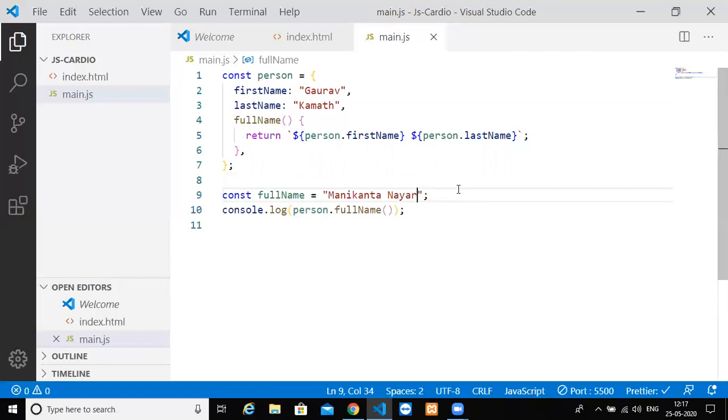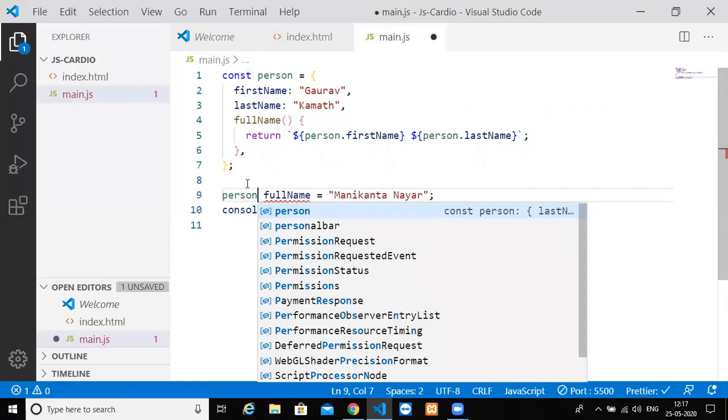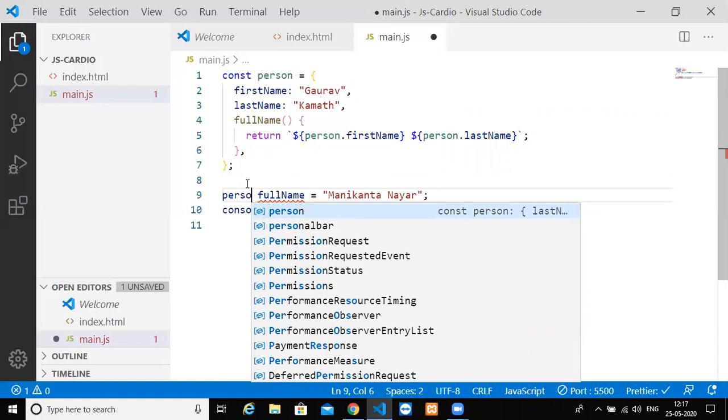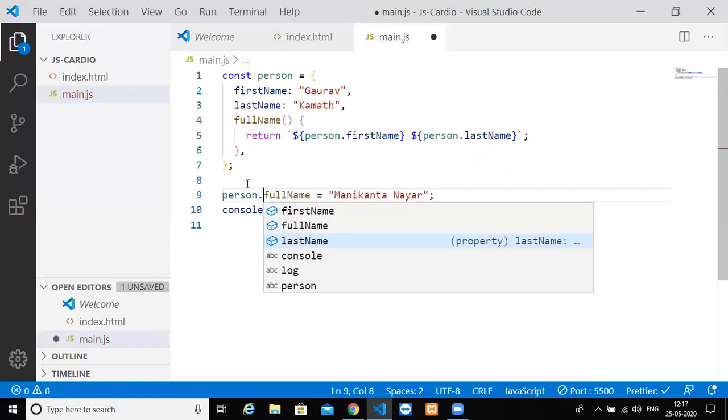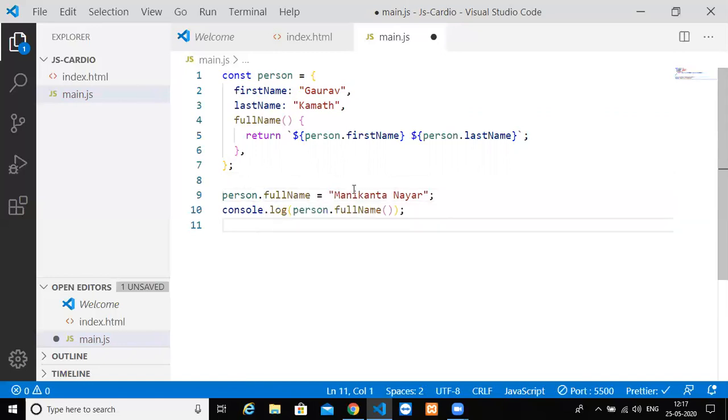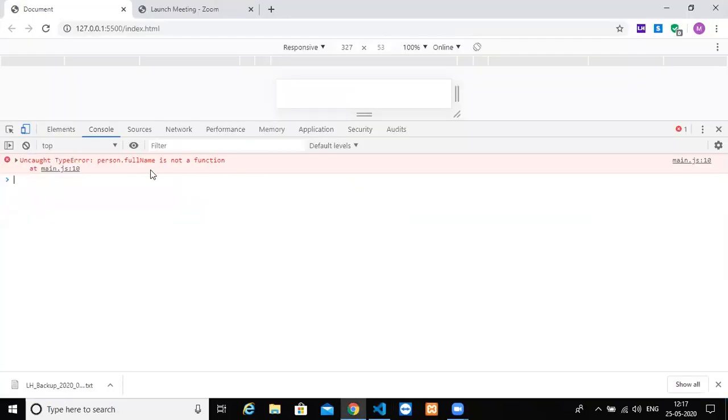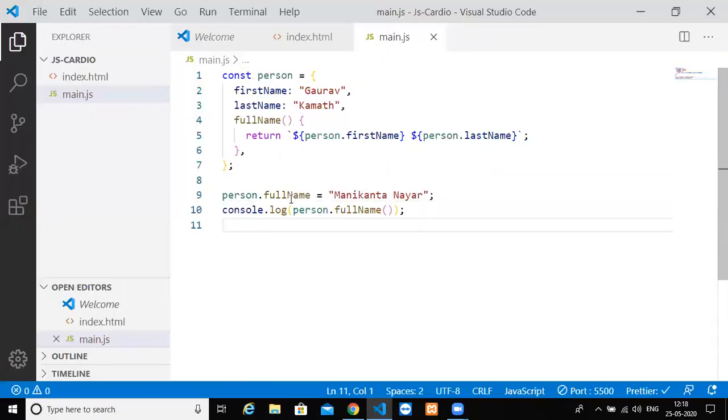If I try person dot full name is equal to Manikanta Nair, I cannot do it, because person dot full name is not a function, it says. I cannot add this value to this full name method because this method is only readable. We cannot write or mutate that function.